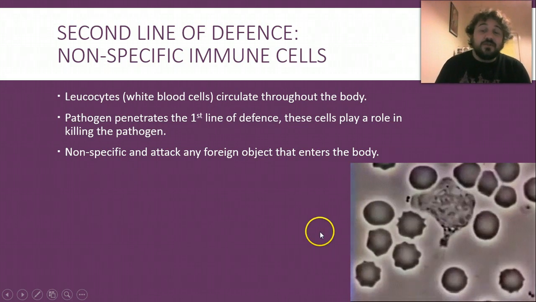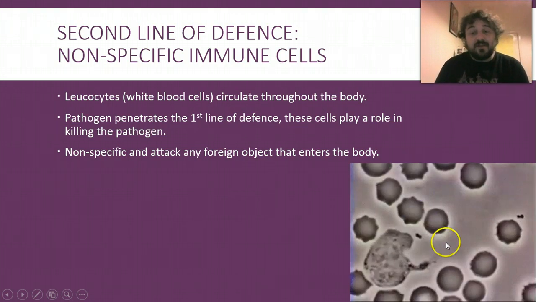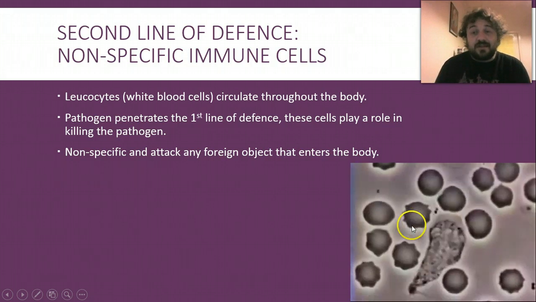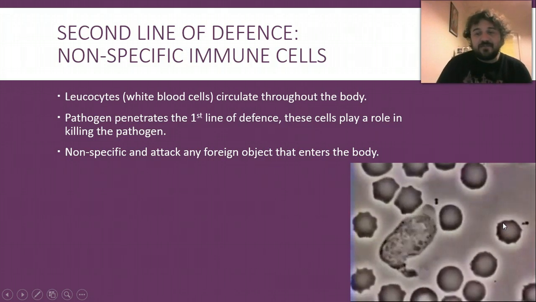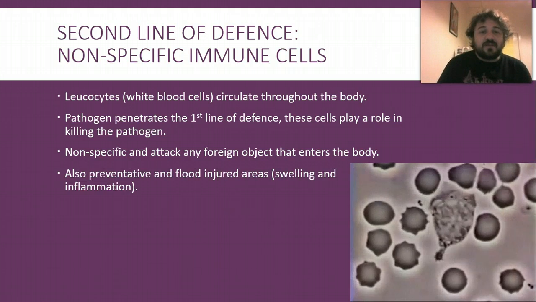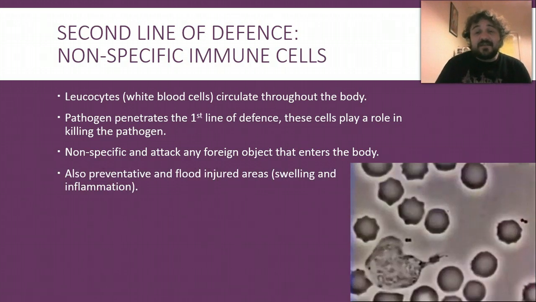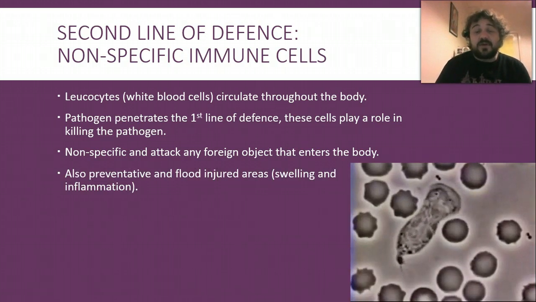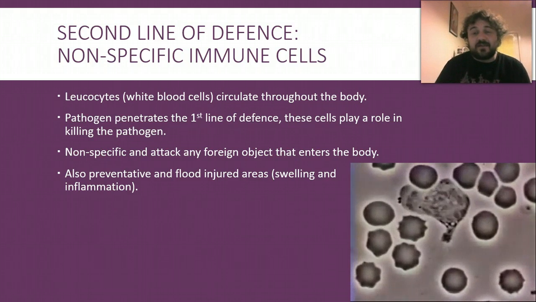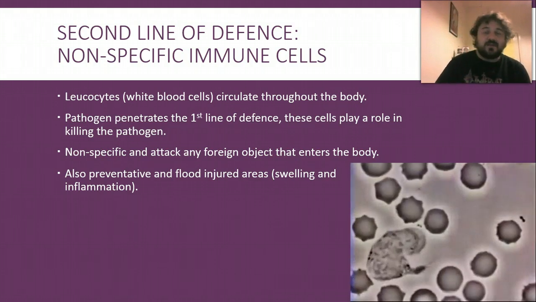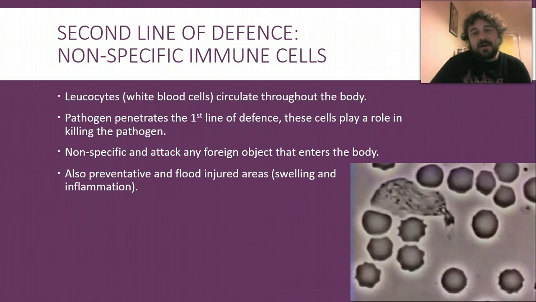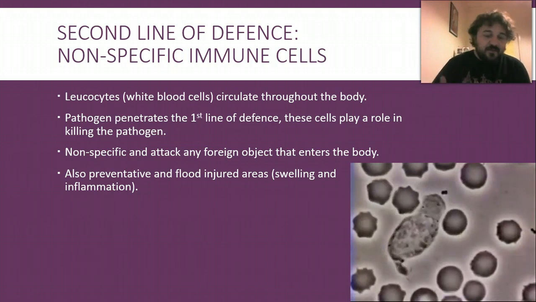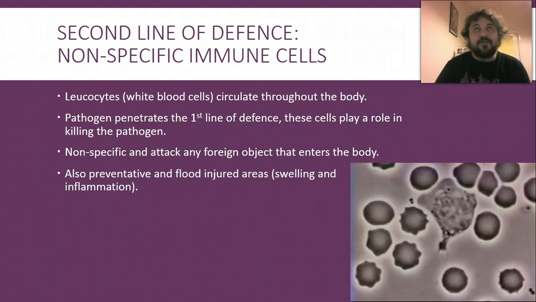So your leukocytes are mobile, they move around the bloodstream and tissues, and they look for foreign agents and smash them. So they're also preventative. These will flood injured areas. This is what we call inflammation, and you'll see it as swelling. So if you hurt your knee and it swells up, that's your immune system trying to prevent you, just in case a bacteria or something's going there. The injury might have carried in some form of